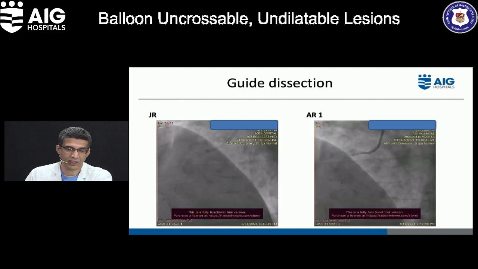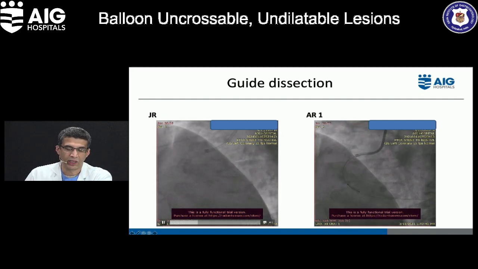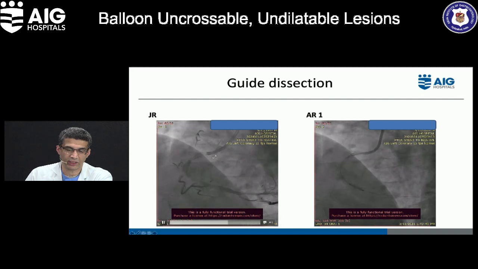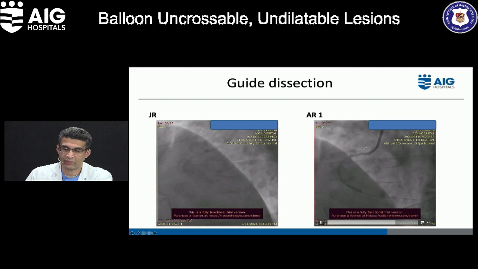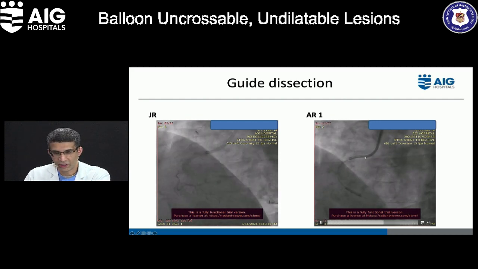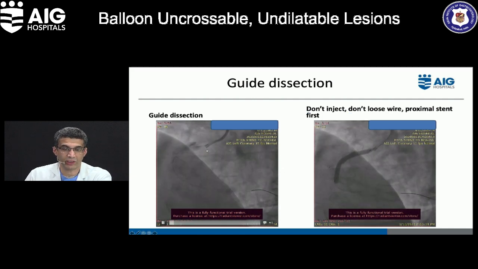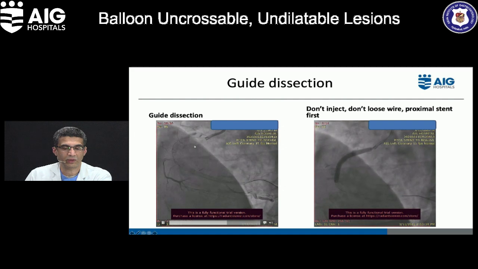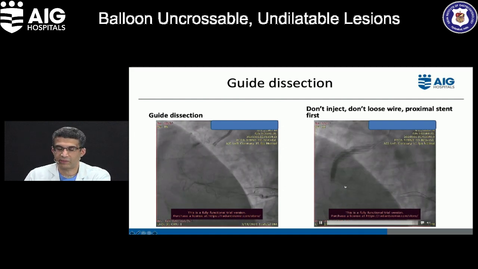So this is an example of a patient with an RCA calcified lesion. The plan was to do IVL in this patient, and the JR guiding was not giving support. Though it was fitting well, it was not giving support. So we changed over to AR1 and did the IVL. We were all excited that we did a great thing by increasing the support, only to find later that the AR1, which was jumping in, was too good for the vessel, and it caused a nasty dissection in the proximal RCA.